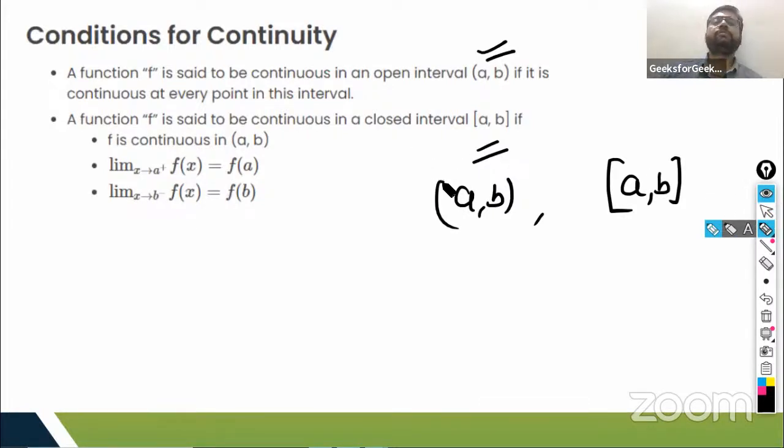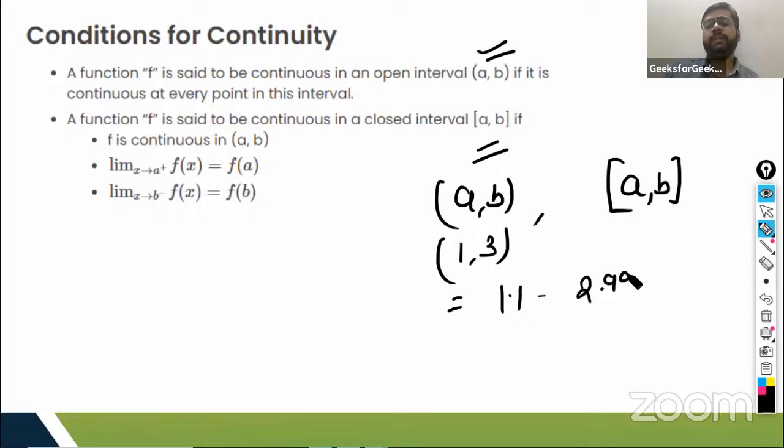So if the function is continuous between 1, 2, 3, it means that the function should be continuous between 1.1 to 2.99. The function will be continuous, something like this. So for any interval, if there is an open bracket, in that case, the function will be continuous, excluding the extreme left hand and right hand,